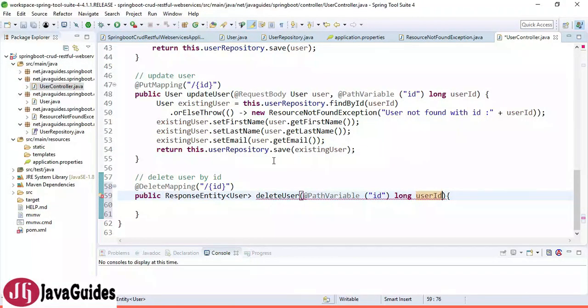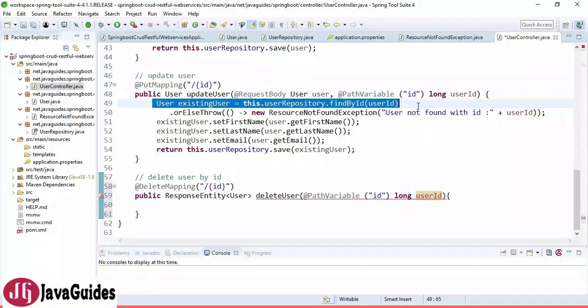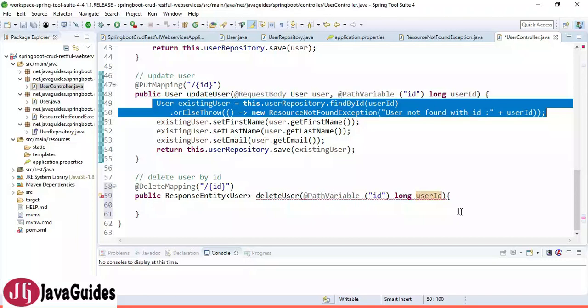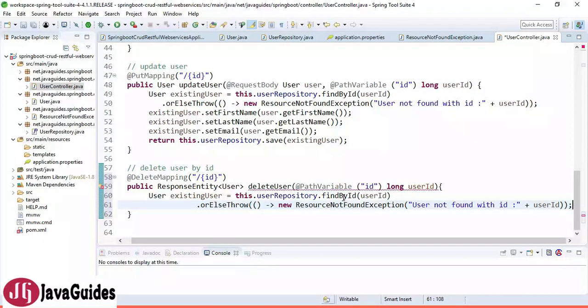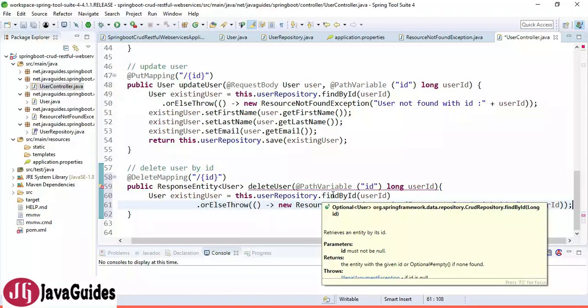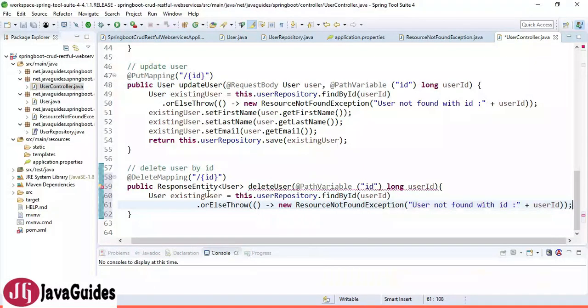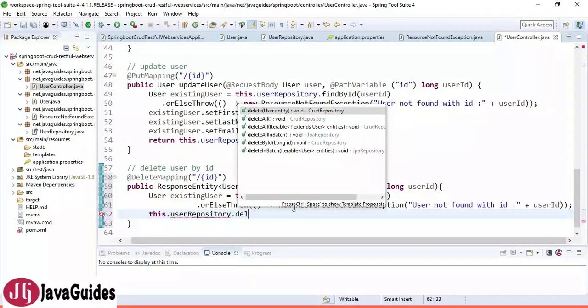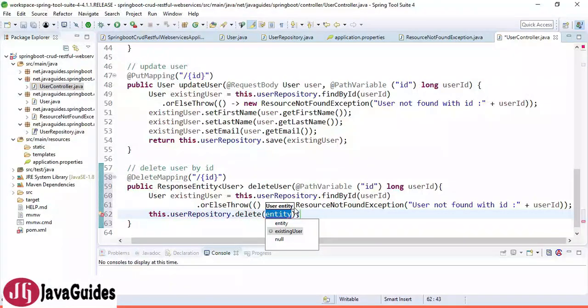Now, whenever we want to delete the user, we first get the user from the database. For that I am going to just copy this code. So this will find the user by ID. So I am going to first get the existing user from the database, and I will simply delete this user. I am going to call user repository dot delete, and this is the existing user, so delete it.